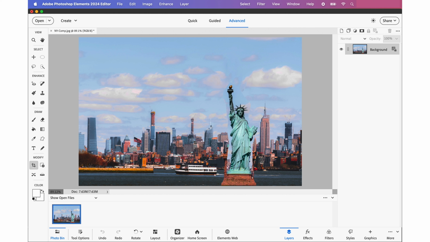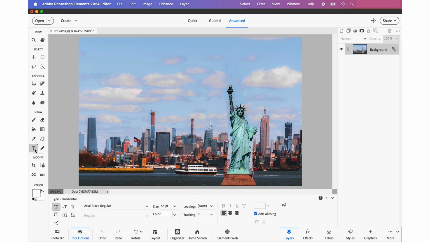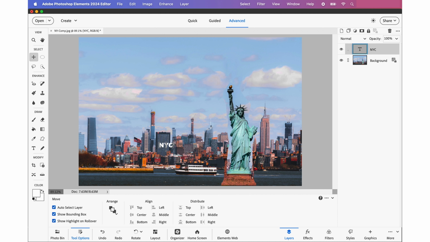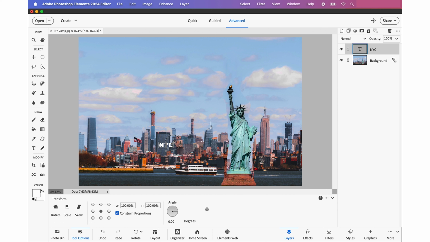So let's choose the text tool to get started, and I'm going to use this Adobe Black Regular because it's quite a thick text, and you do need something fairly thick that will show up on this kind of image. It doesn't matter about the color and size at this stage because we can adjust that before committing, but I'll leave it on white because it will probably show up quite well. So I'm going to just type NYC and click the check mark to commit,